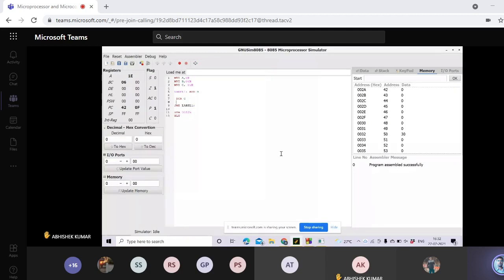Yes, sir. But then again, every time you change the input numbers in A and B registers, you also have to change the contents of C for proper running of the loop, isn't it? Yes, sir. So could you make that automatic by, instead of writing manually the value in C, putting the value in register B minus 1 into C? No, sir. I have stored two numbers in B and C. For example, I have to multiply 6 into 5 and I have stored 6 in B and 5 in C.